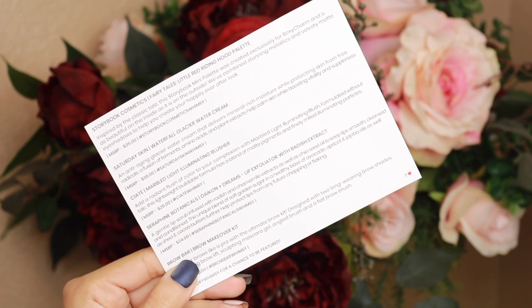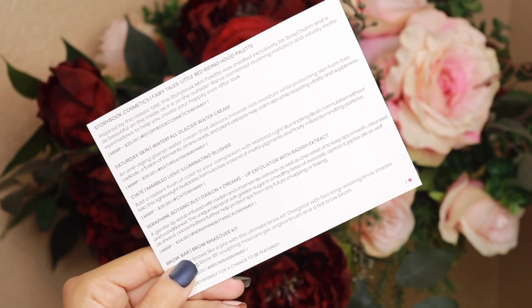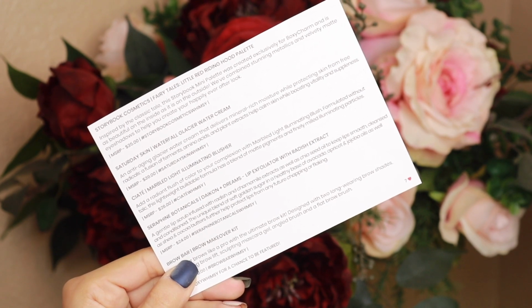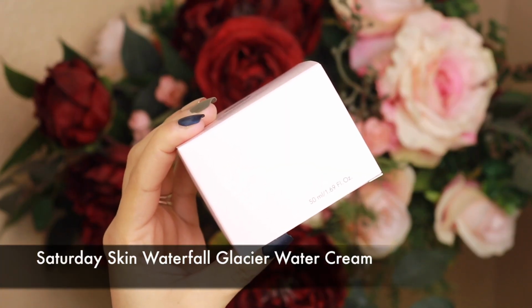And as usual, I always start my unboxings in order of application. So today we are going to be starting with skincare because we did receive a couple of skincare products that we're going to go over. And the very first product that we are going to be talking about is the Saturday Skin Waterfall Glacier Water